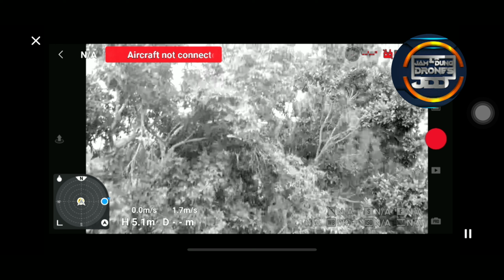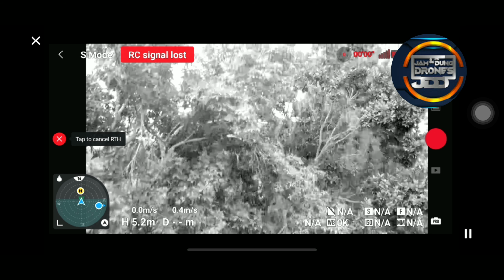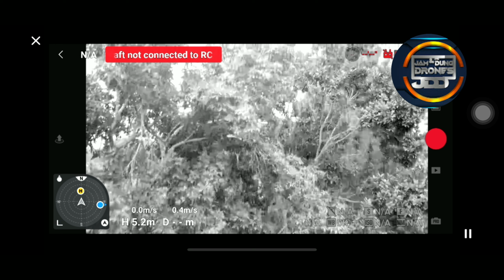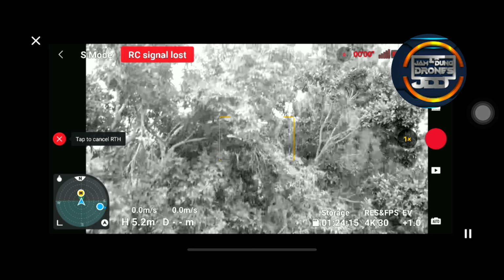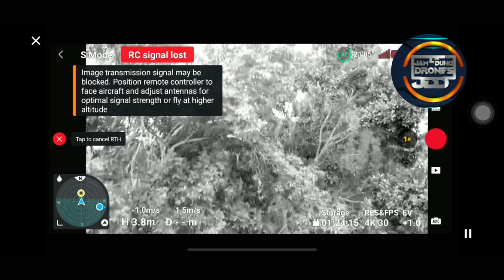So a lot of persons have come up with their own ideas as to what could be causing this. It could be hardware, it could be software, but what I do know is that by adjusting the app version and tweaking the settings, this little problem should disappear. So what are we going to do? We're going to do some tweaking to the transmission settings, because even though we changed the Fly App version, it's still not ready to